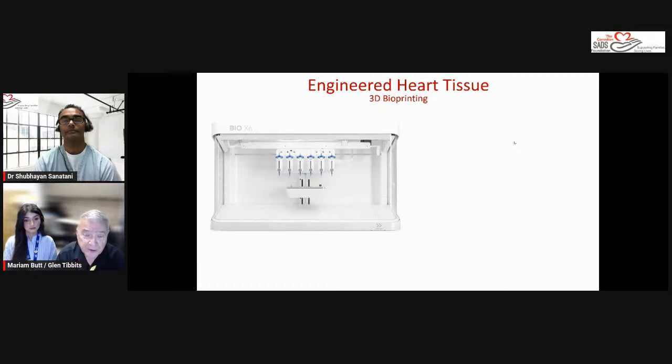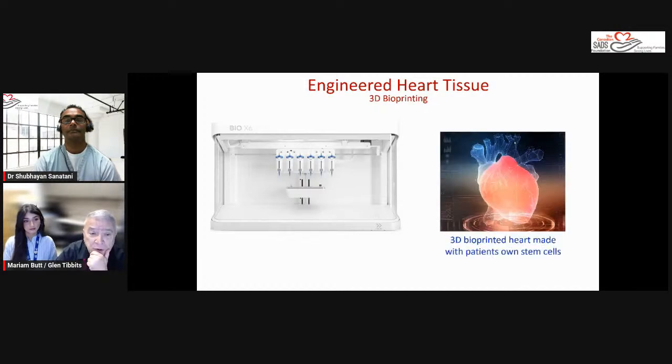And this field is just progressing at an unbelievable rate. One really cool group is in Pittsburgh, Adam Feinberg at Carnegie Mellon, and another group in Israel, in which they are actually printing heart tissue with the valves, with the pulmonary veins and aorta, etc. And in the future, who knows, 20, 30 years from now, I think we'll be printing patients' hearts